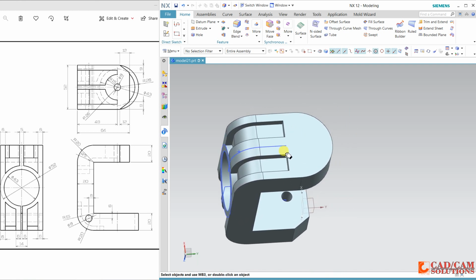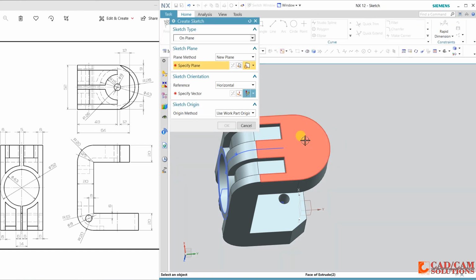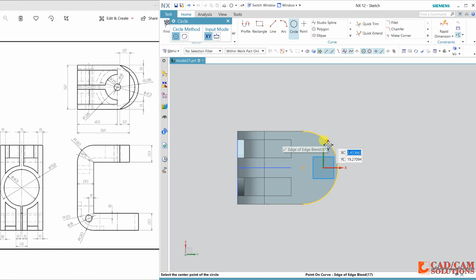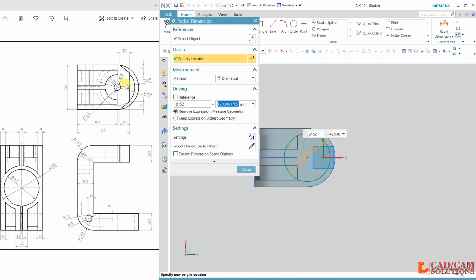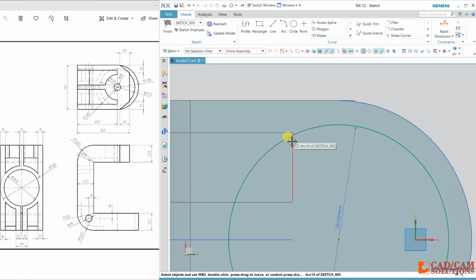So select this face and draw one more circle with the same center point. Now dimension it, and this is 43 diameter. Close. This distance is still less, so we have to increase this.